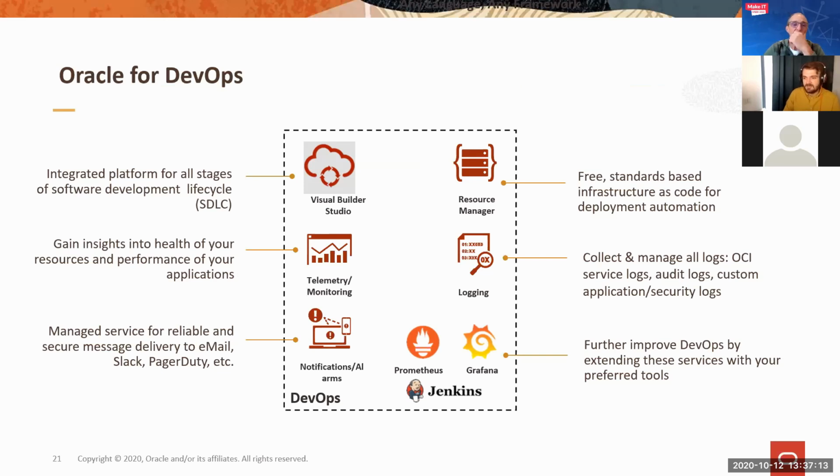So we are talking about telemetry and monitoring. These are embedded services in Oracle Cloud Infrastructure. We are talking about logging, which was just recently made generally available, and I think I can show you that in our application. Our functions are already logging using the Fluentd service implementation in Oracle Cloud, and of course we have Prometheus and Grafana.